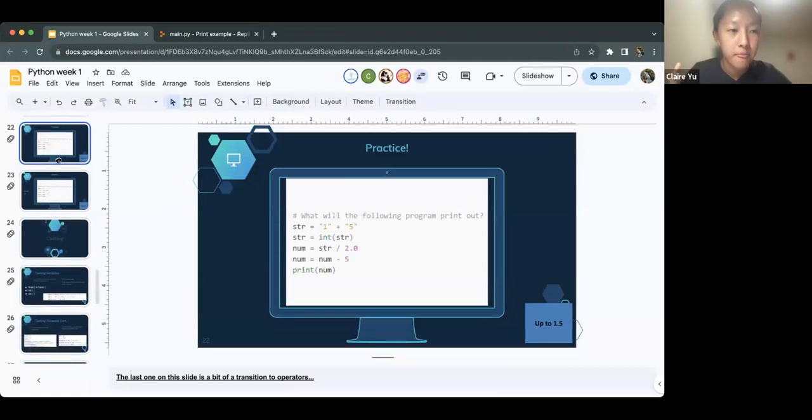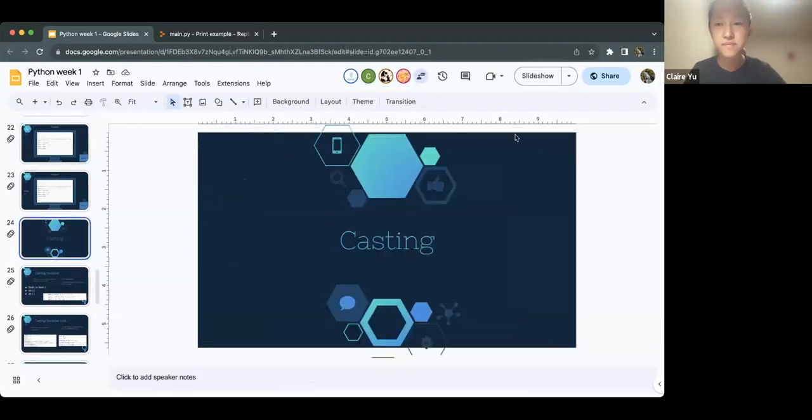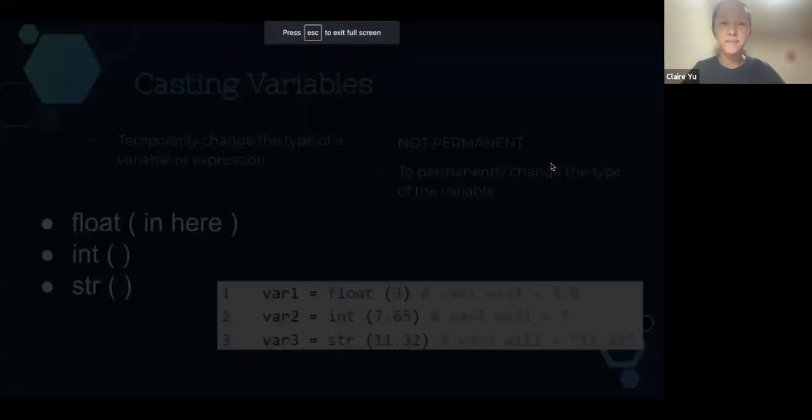Okay, I think we will skip this practice and we'll come back to it because there's something in here that I'm going to tell you guys about in 1 second, which is on the second line, we have int parentheses, that's called casting. So we'll come back to the practice in 1 sec. For casting,